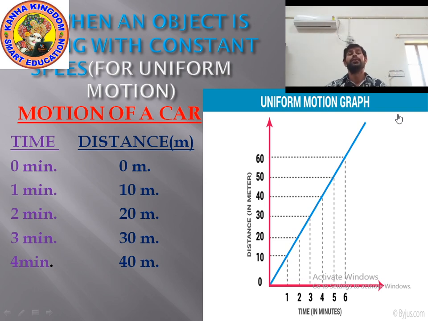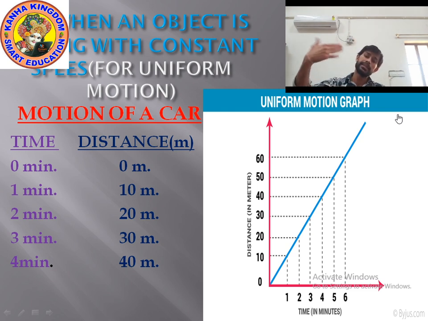Okay, so as you can see, the time intervals are 0, 1, 2, 3, 4. If you look, the time interval is only 1. 4 minus 3, 4 minutes minus 3 minutes, only 1 minute. 3 minus 2 minutes, only 1 minute. 2 minutes minus 1 minute, only 1 minute. 1 minute minus 0 minutes, 1. The time is the same. The interval of time is 1 minute.